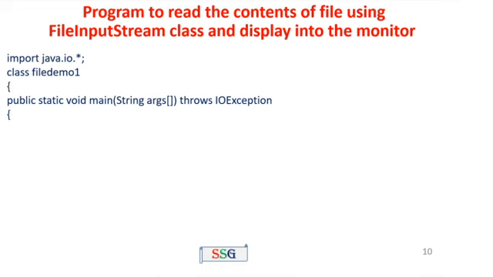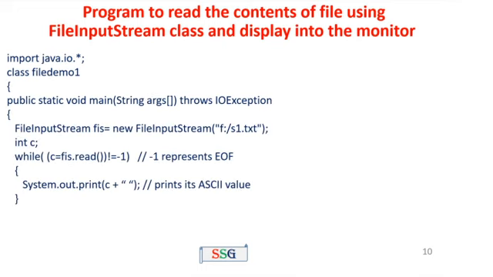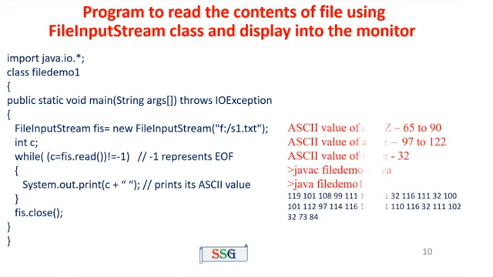The same program, suppose I am not using character conversion in the while loop. What happens? In the last program we used the character type conversion, converting from byte to character. Now I am not putting the character conversion. Remove that, and what happens is it prints the equivalent ASCII value.